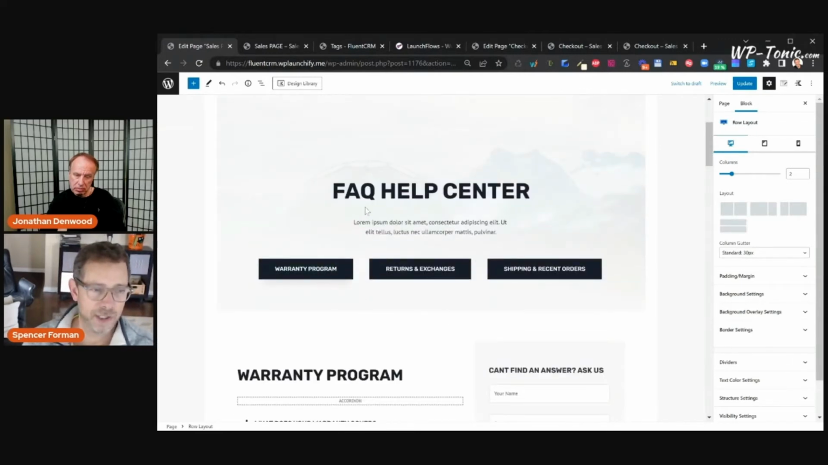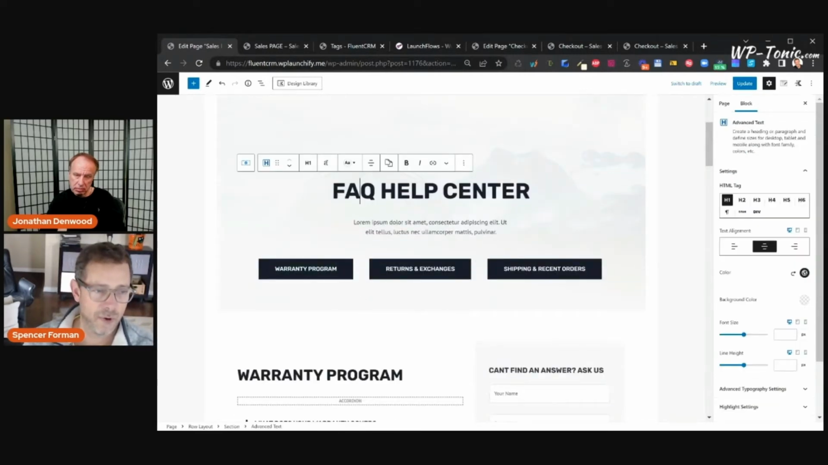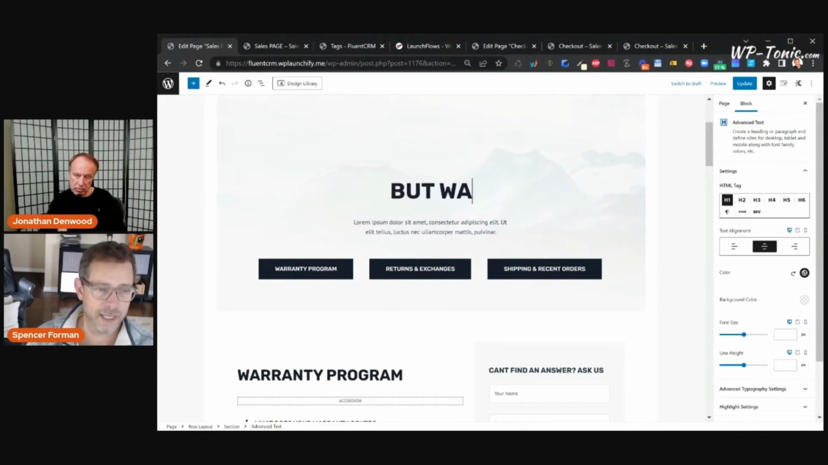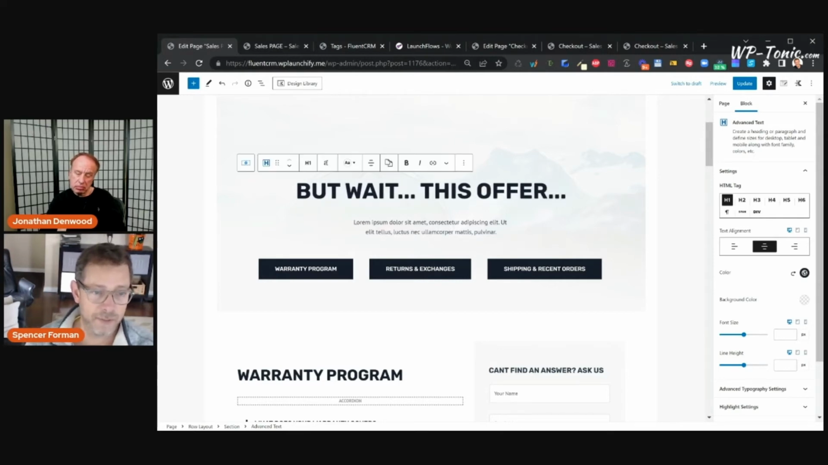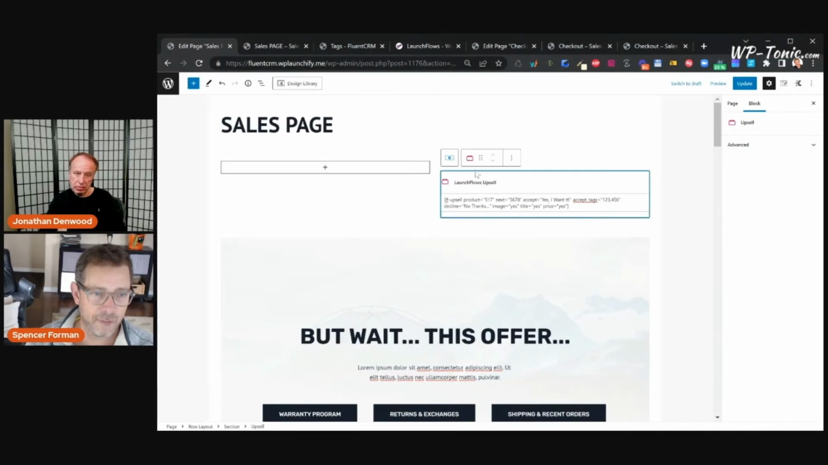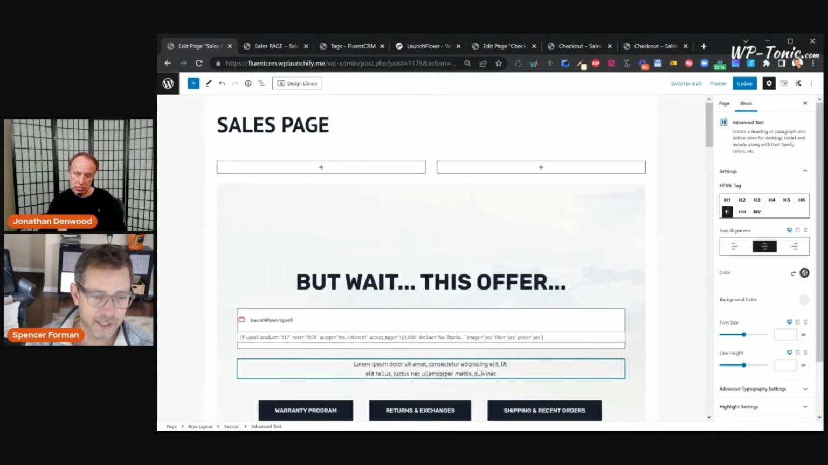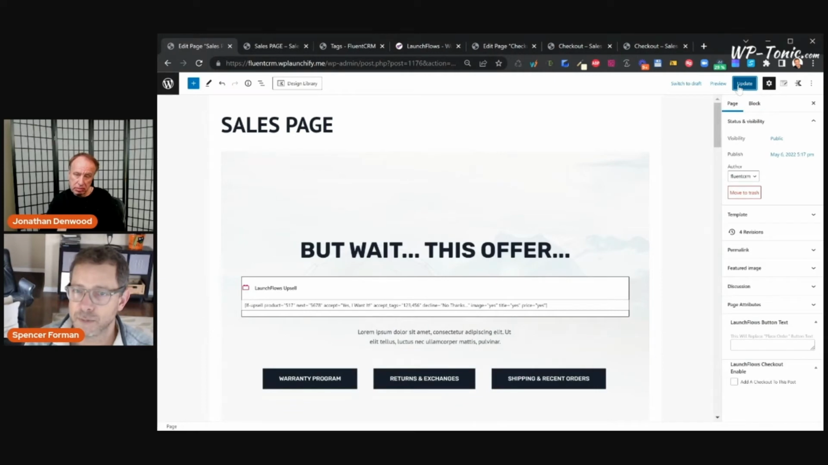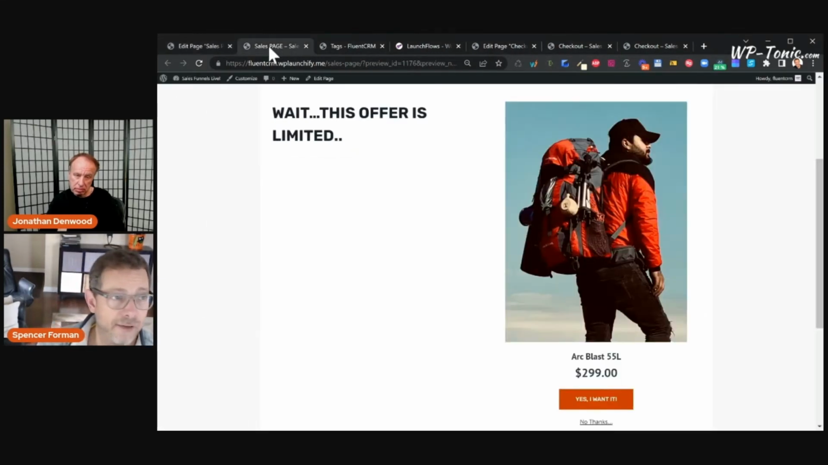Let's just change this to what we want to do here. So we'll change our text to, but wait, this offer. And what I'm going to do here is I'm going to take my widget from LaunchFlows and I'm going to pop it into the middle of that. Okay. And there might be some styling things that I have to tweak. I mean, I'm just doing this real quick live, but look how fast I'm doing this live. Let's see what the page looks like now. So after I update it,